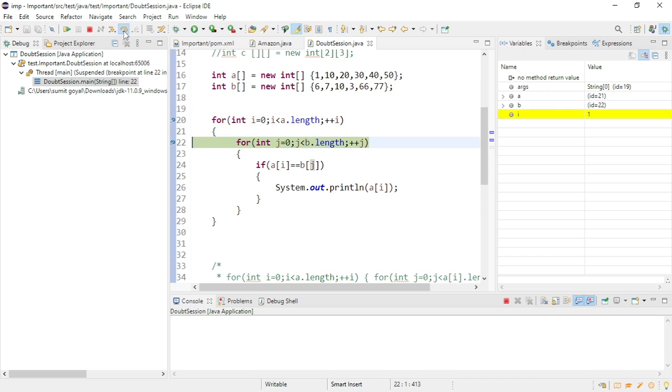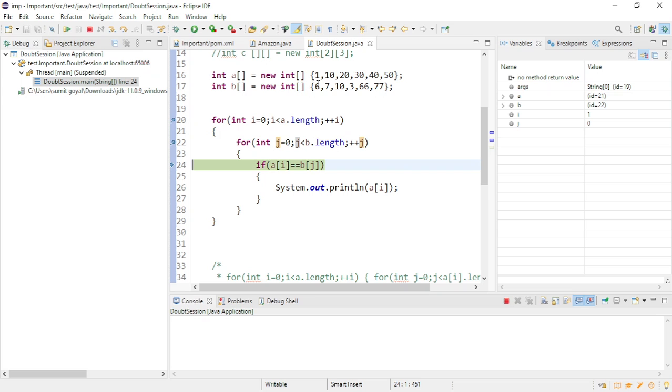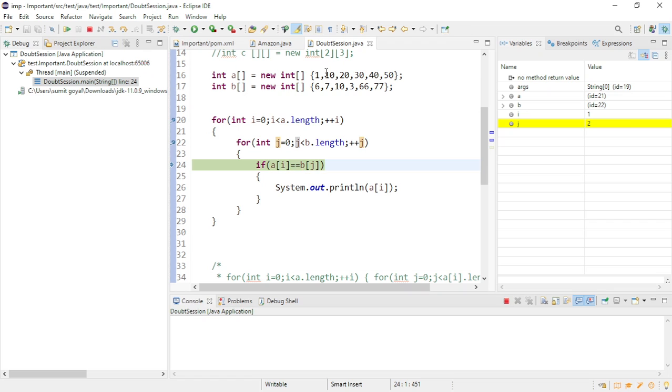But now when the a value will become 1, and the j value is again 0, if you see here, are these equal? No. Again, the a value is 1, so we are pointing to this element, but the j value will become 1. So 10 and 7, are they both equal? Condition false. Now the j value will increment by 1. So this time j is 2, a is 1. These two elements are matched, which means they both are the same. So these are the common elements between the two arrays.